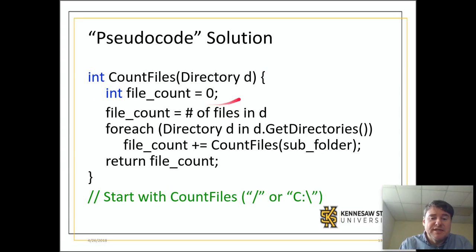So what we're going to do is set the number of files equal to 0 to start off with. And then we're going to somehow count the number of files in this directory, which, when we talk about file systems, you'll see that there are methods for doing stuff like that. But that's going to give you back all the files in the directory. Then we need to see, are there any subdirectories in there? And for each one of those, we're going to make a recursive call. So this was something that I had mentioned earlier. You're going to sometimes see a loop, and inside the loop,